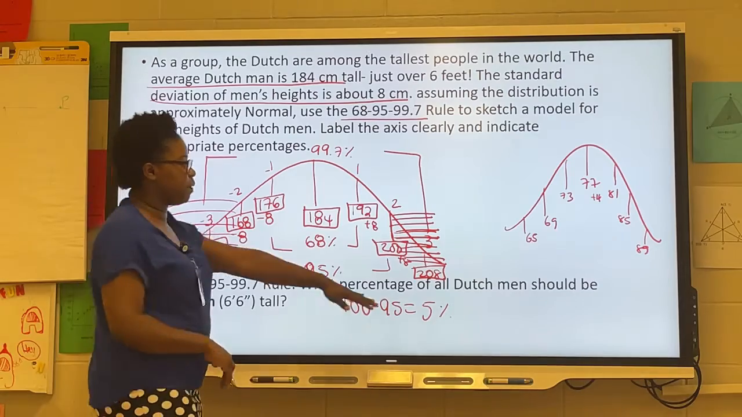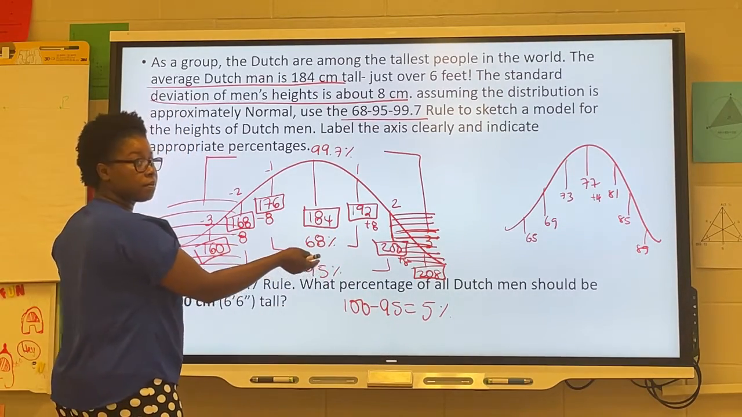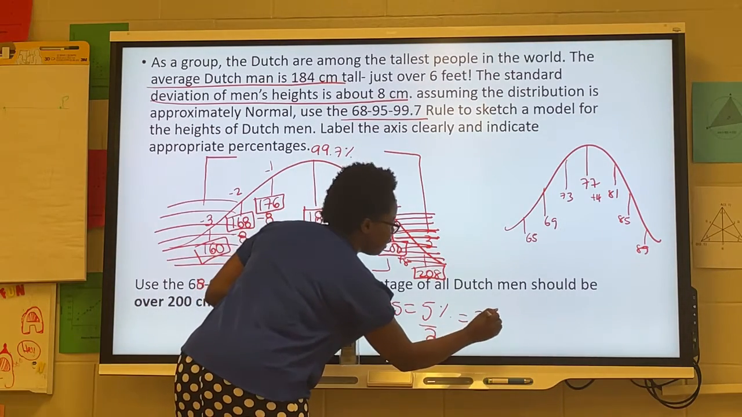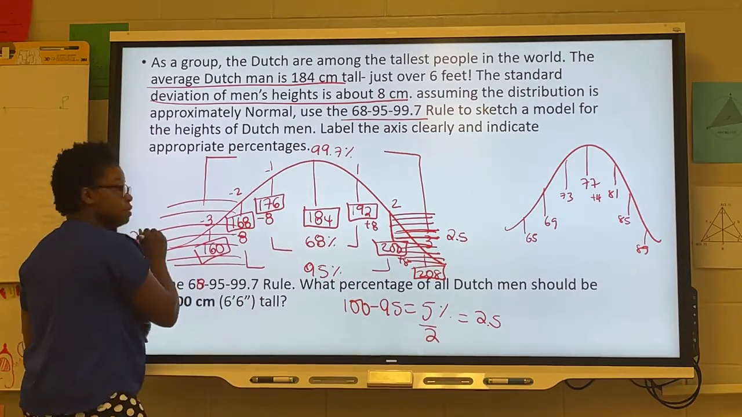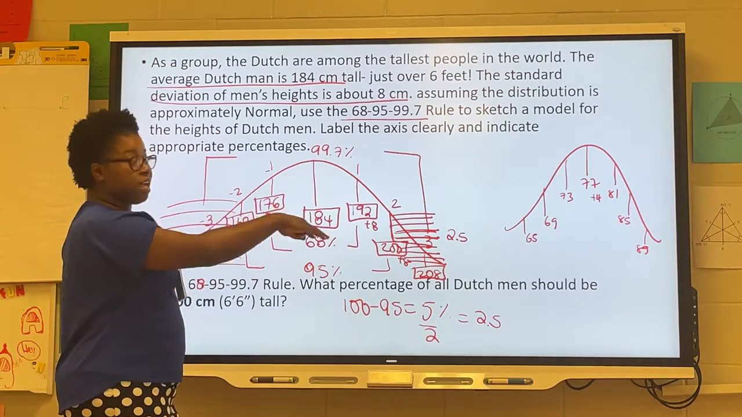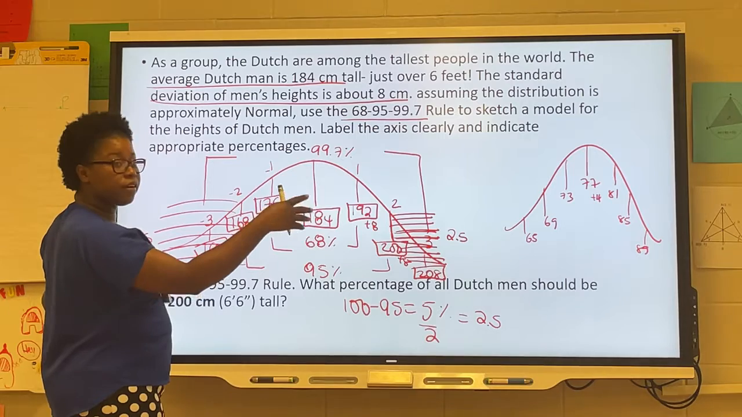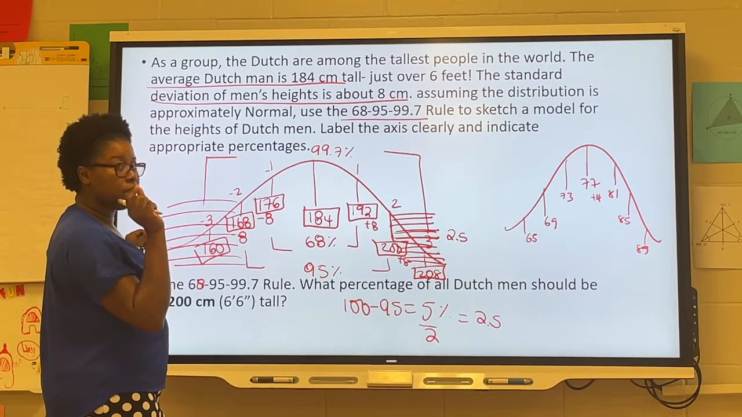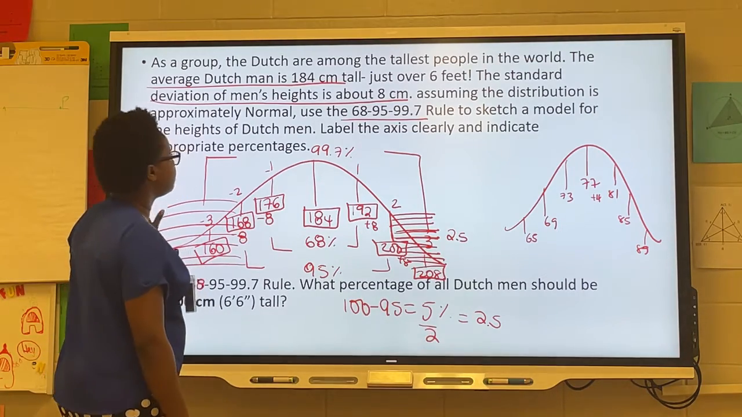Alright, so if I have 5% remaining, I must share that 5% between the 2 sides. So I'm going to divide this by 2 to give me 2.5. That means 2.5 is above and 2.5 is below. And because your bell curve is a never-ending curve, this 2.5 extends on and on. But the more you go to 4, 5, 6 standard deviations, the smaller the percentage will be. That's the reason why they only focus on 3. So the question you have,